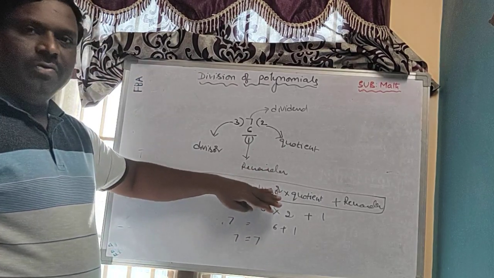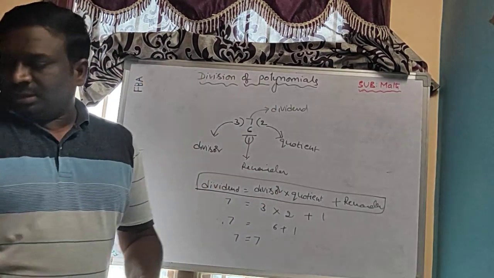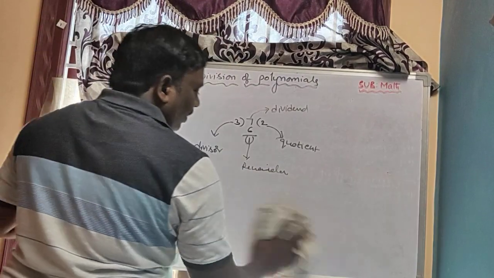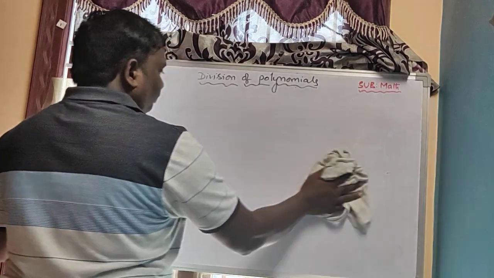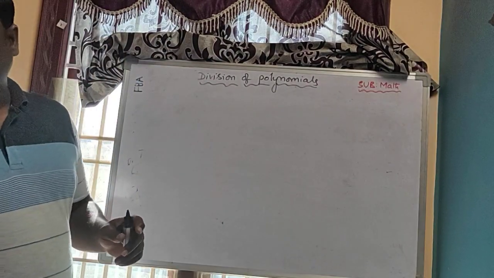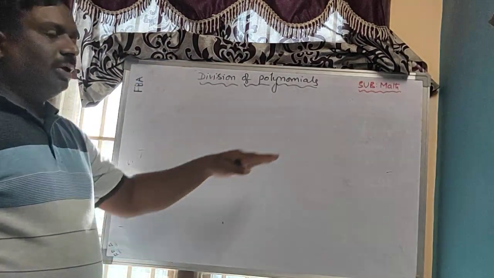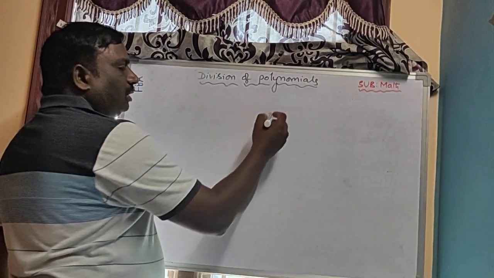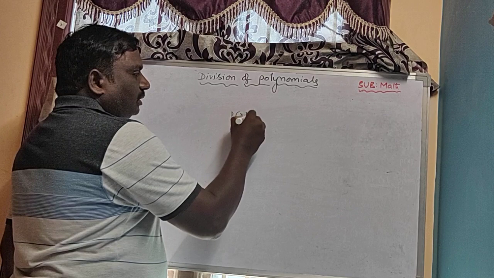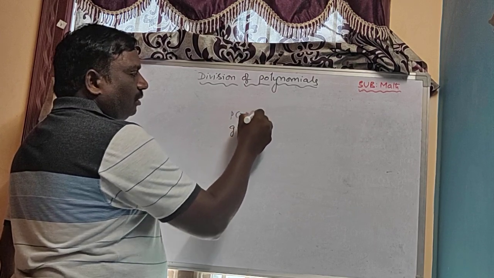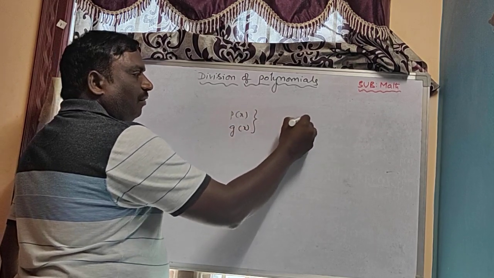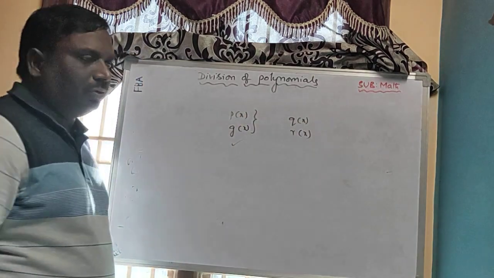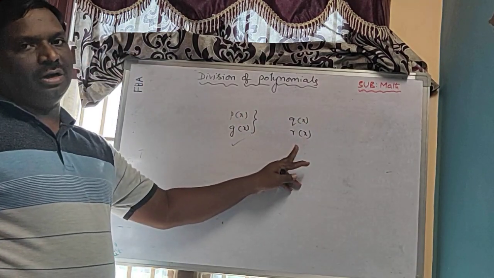The same division rule we can apply for polynomials. So all of you know about polynomials. Different types of polynomials are there, linear polynomial and quadratic polynomial, like that. So in this fourth exercise we are having different models. One of the models is when they give p of x, g of x, we have to find q of x and r of x. These two they will give. We have to find q of x and r of x.